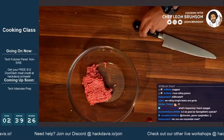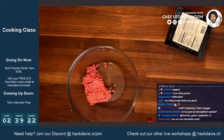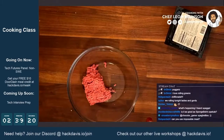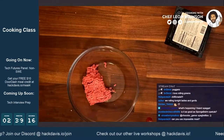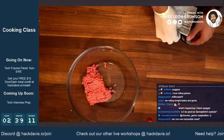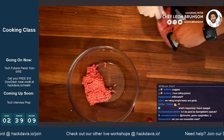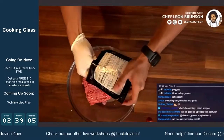Can you use Impossible meat? You sure can, I think. I haven't worked with Impossible meat myself. I've grilled it a couple times, but I'm not very versed in what it can and can't take. But I do imagine the concept here is pretty similar. You'd be taking some Impossible meat and thickening it with a